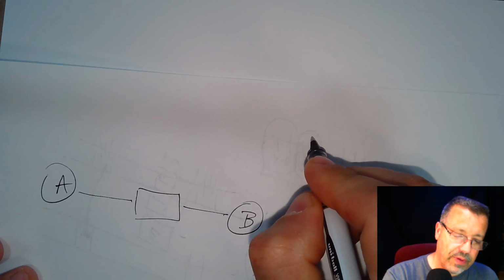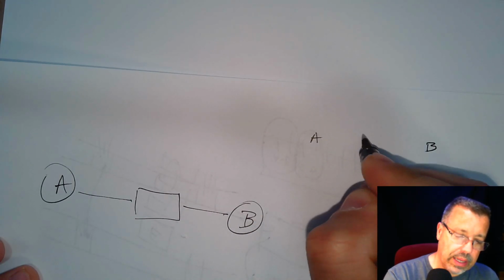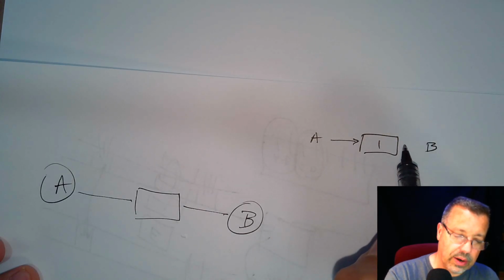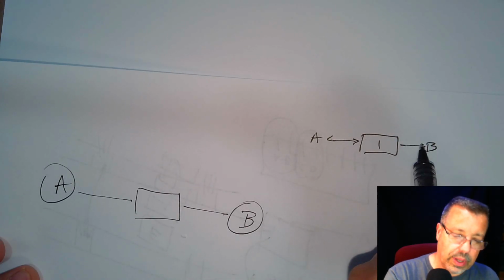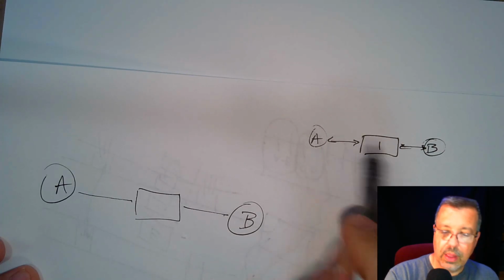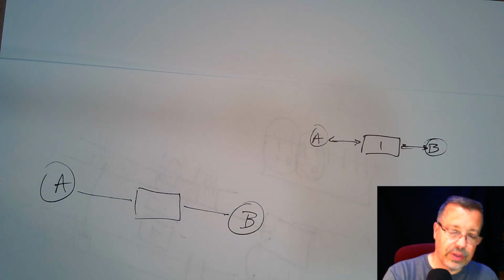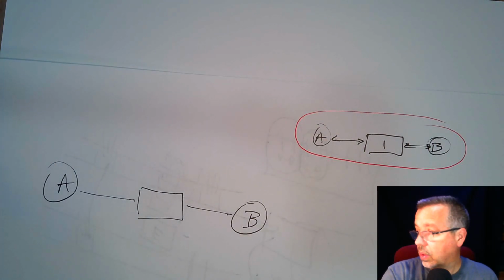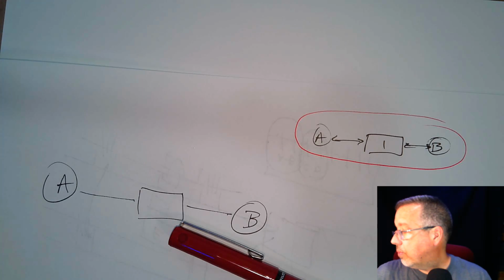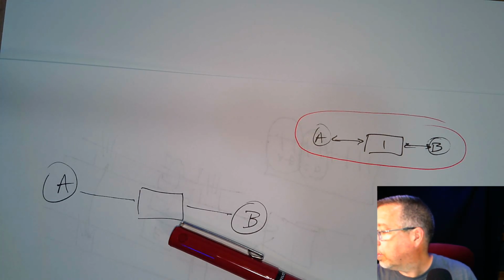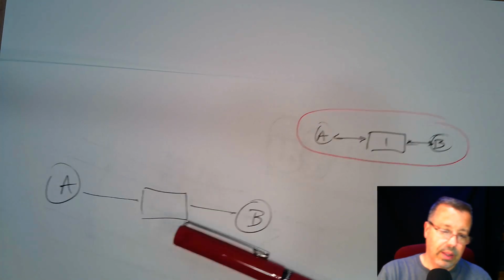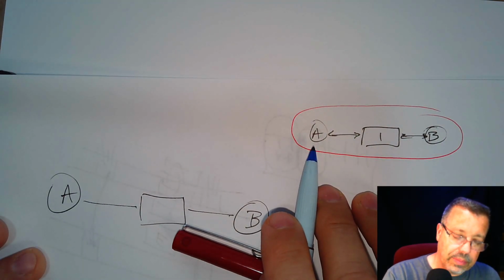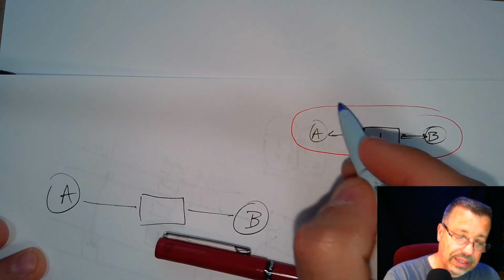So if I had A and B and I put a layer 1 device, we'll just use numbers there, and we had connections there. If someone in A sends a broadcast, it's going to go everywhere. Hang on, I'm looking for another colored pen. Okay, this is an overhead marker, but if somebody in A sends a unicast to somebody else in A, because